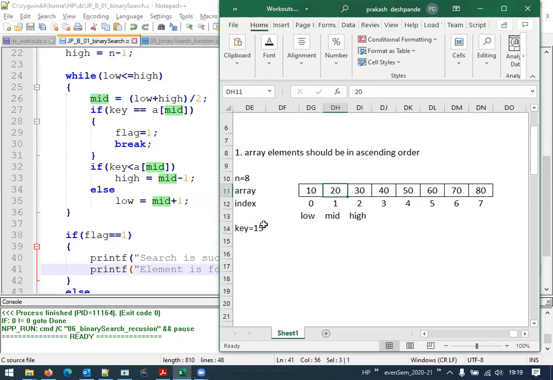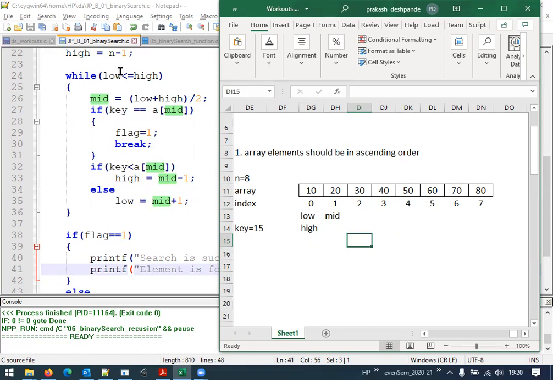No, it is not. Since it is not, either it might be present on the left hand side or on the right hand side, right? Now, line number 32. Is the key less than A of mid? Yes, 15 is less than 20. That means again I am going to divide, and I will only look into the left hand side. So I will again modify my high value. High is no longer going to point to 2, rather it will now point to mid minus 1. Mid is 1, so 1 minus 1 is going to be 0. That is, high will come here. Understood? Next.